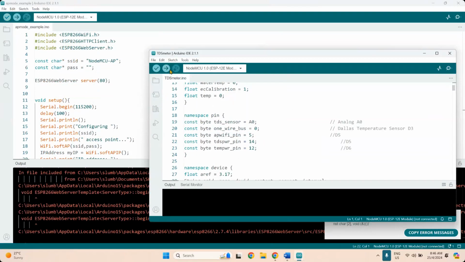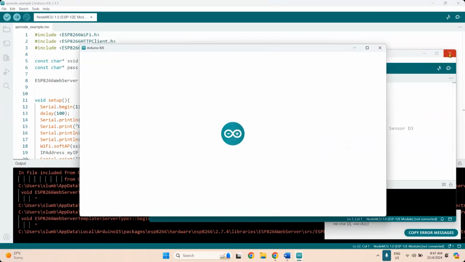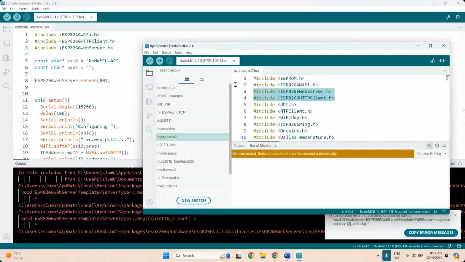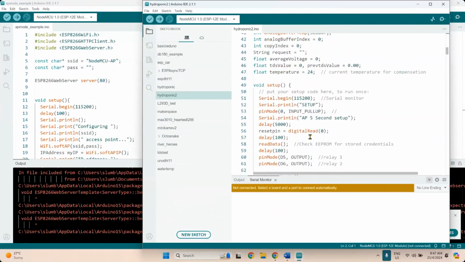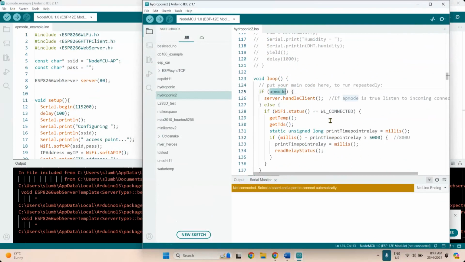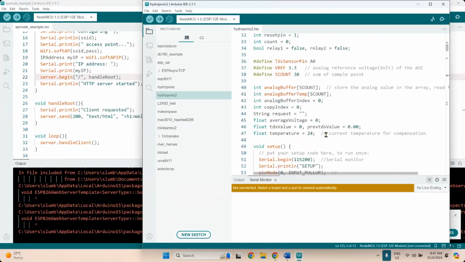Okay, namespace is a little bit difficult if you're not familiar with namespace programming, so let me just use the one that's simple. Same. Okay. This one is just to ping out. Within the loop, AP mode, server client handle, same. If this is AP mode, then turn on AP mode.